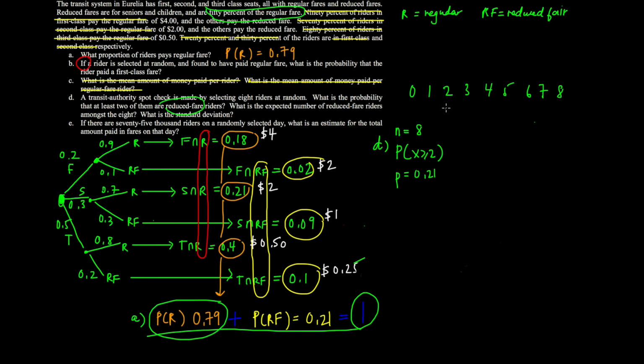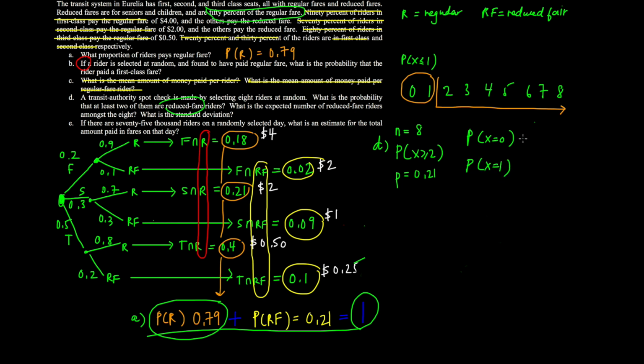Okay. So at least 2. This involves a lot of calculation. So we're going to be smart and compute just for the complement. So I'm going to compute the probability of P of X less than or equals to 1. And so that implies computing for P of X equals 0, to which I'm going to add P of X